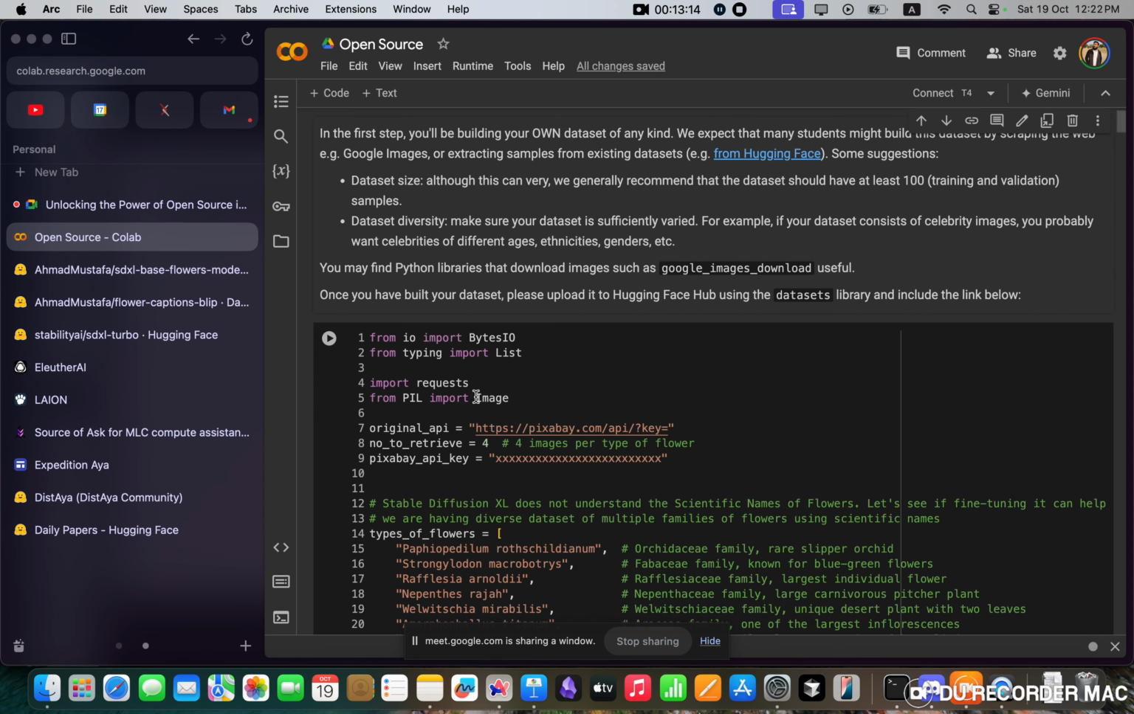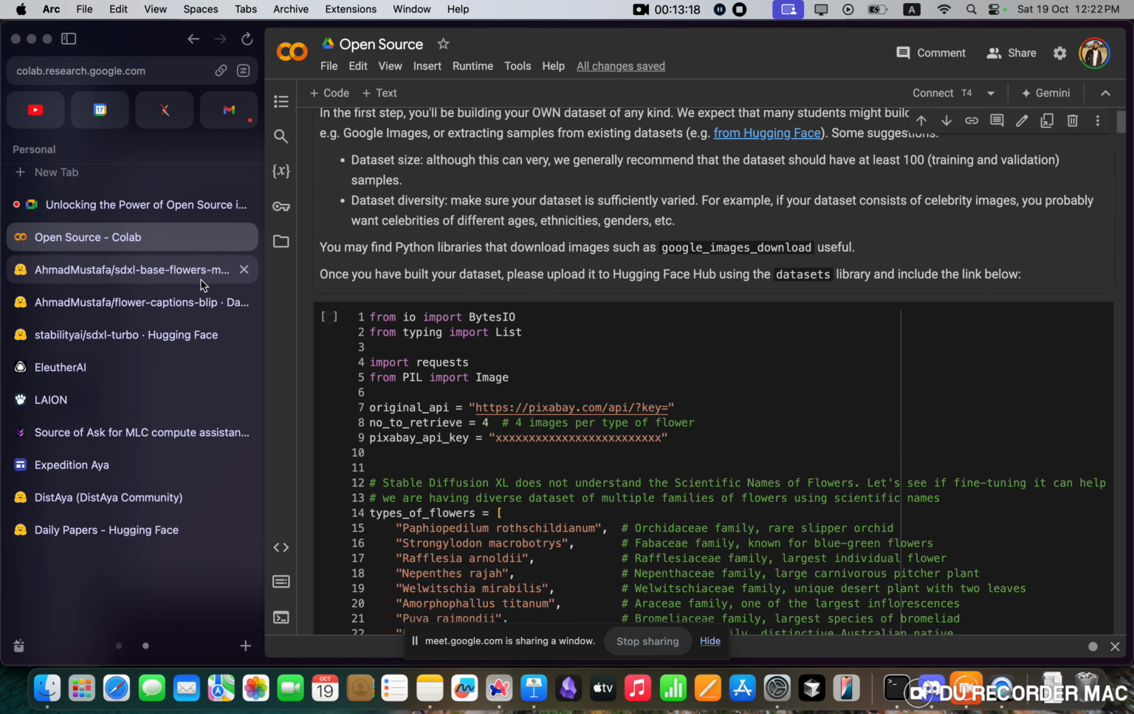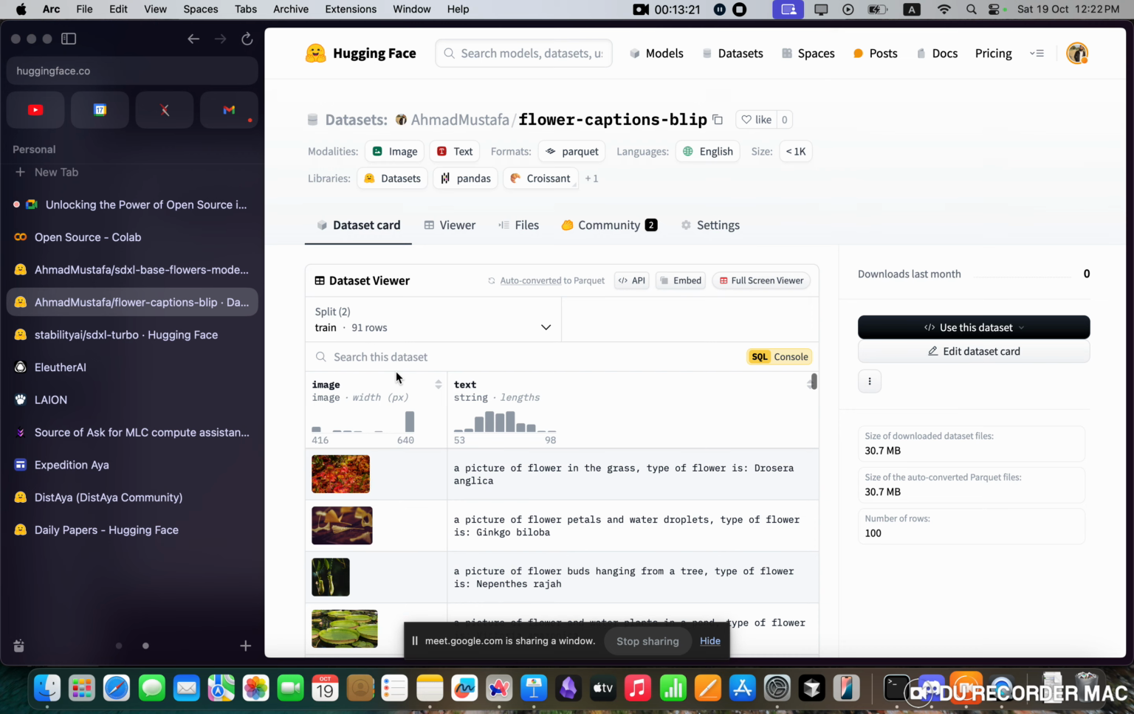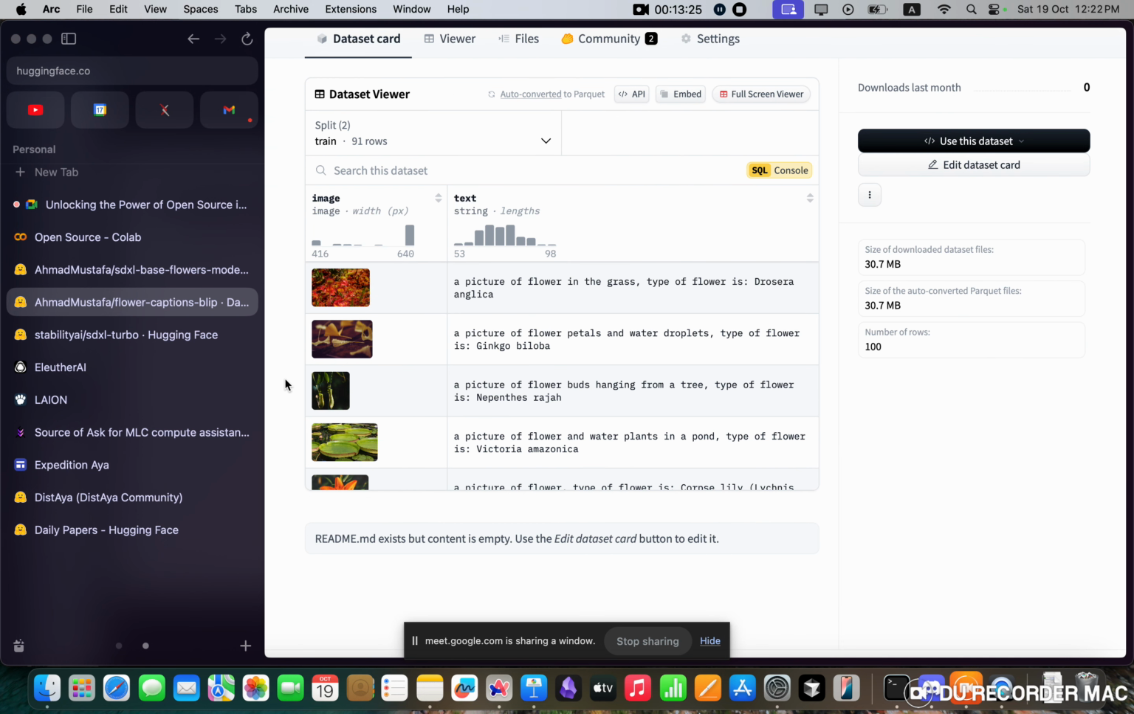Okay, so for example, the problem that I'm trying to solve is that the stable diffusion models cannot understand the scientific names of a flower. So for example, this is an example of a flower. The scientific name of this flower is Nepenthes raja or Ginkgo biloba or Drosera angelica. So if you prompt the stable diffusion model by default, it will not be able to understand what this scientific